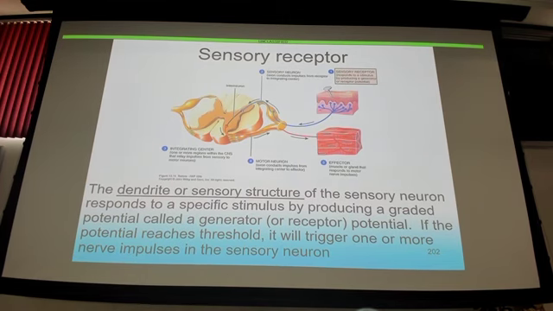All right, so let's walk through this. We have a dendrite or some type of sensory structure out here that's going to pick up the fact that you got stepped on a tack or whatever it might be. That stimulus will cause that receptor to produce what's called a receptor potential or a generator potential. I don't want you to worry about the difference between those just yet. Just telling you it will. It's going to make a potential, which means that we're going to try and cause an action potential. So let's just say that we did at this point. We caused an action potential to send a nerve impulse, and that's going to travel up the